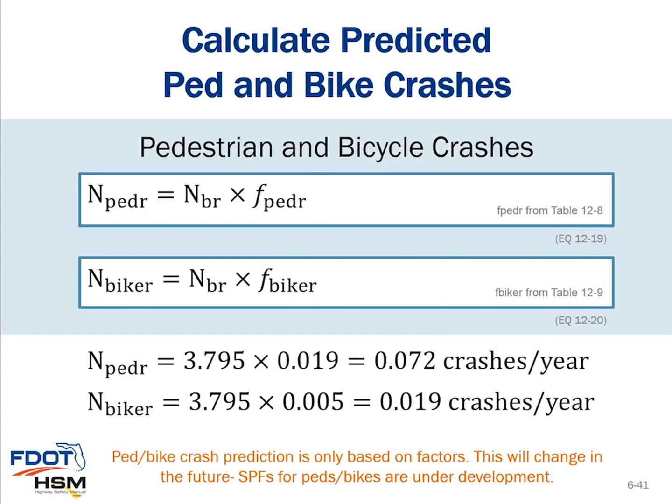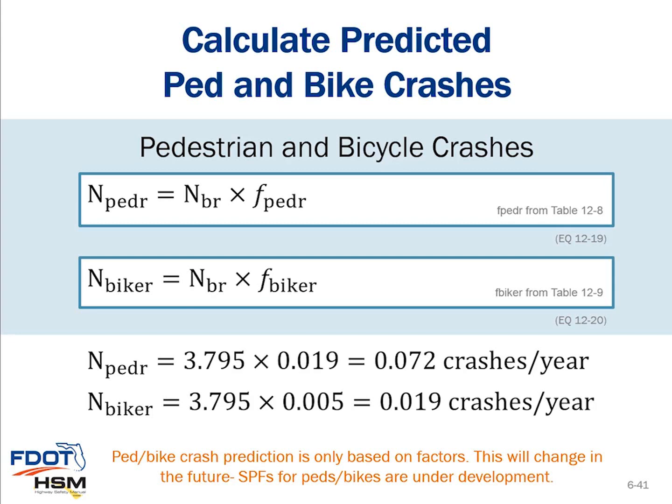The next step is to calculate the predicted pedestrian and bicycle crashes. And we use that N sub BR, the motor vehicle predicted crashes, times a factor that comes out of different tables in the Highway Safety Manual. For the pedestrian related crashes, it comes out of table 12-8, and for the bike crashes it comes out of table 12-9. You can see those factors listed here times the overall sum of motor vehicle related crashes, and it's a simple multiplication to develop those crashes. For the PEDs it is 0.72 crashes per year. For bikes it is